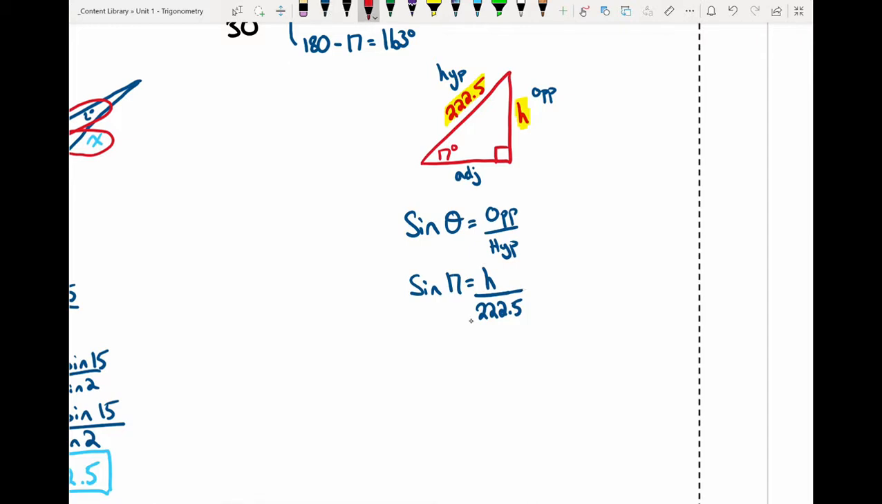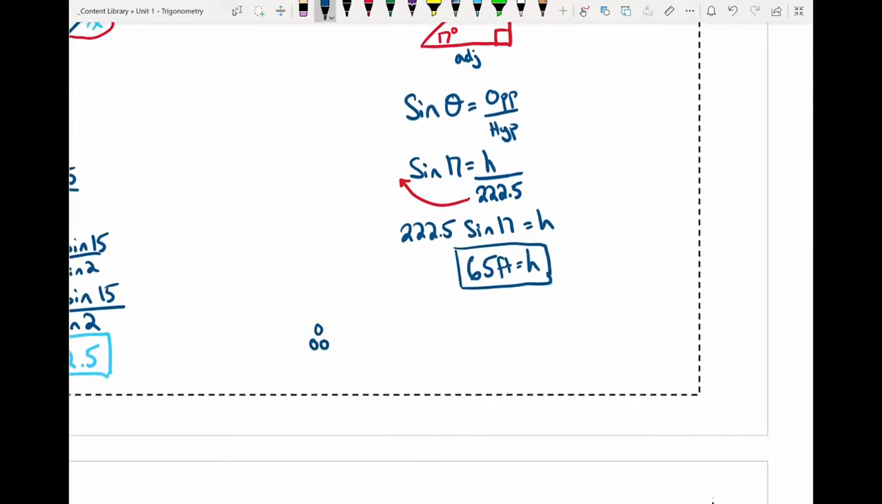From our notes, remember, the missing piece is on top. You bring the bottom up and you multiply. 222.5 times sine 17 is equal to our height. And when we go through and calculate that, we should get approximately a height of 65 feet. Then we can just put in a therefore statement. So therefore